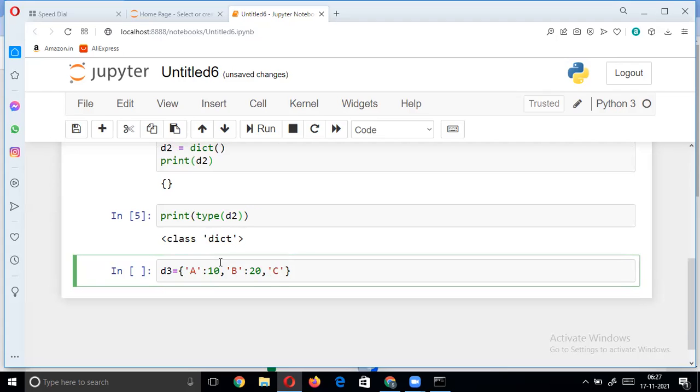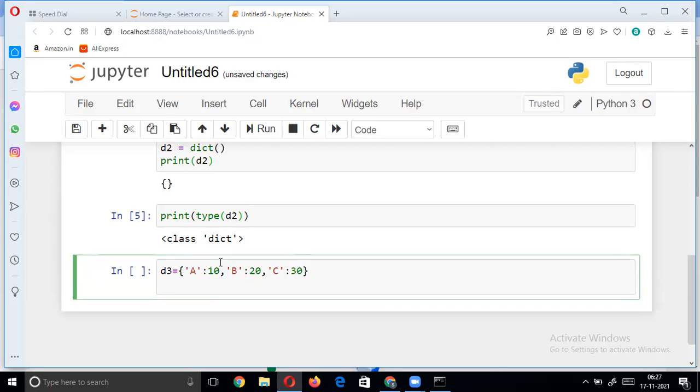C, 30, like this, whatever key values we want we can give. A key may be an integer or a string, and values may be an integer, a string, or a list, anything. And we'll call this D3.